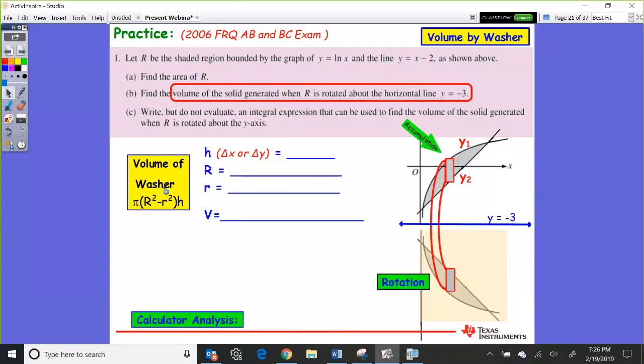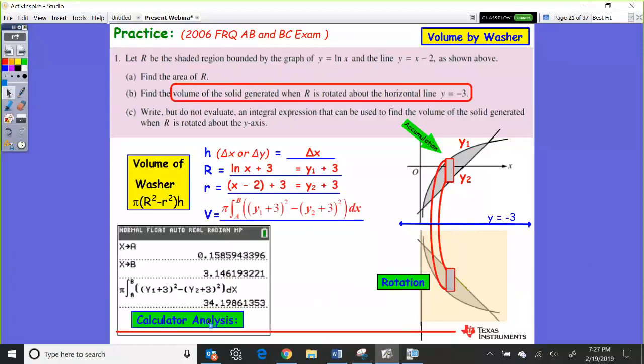So when you end up with that particular function, y1 plus 3 was your outer radius, and y2 plus 3 was your inner radius, minus a -3, all right? I mean, x minus 2 plus 3, which was plus, that should be y2 plus 3. And then when you put it in your calculator, because you've stored your endpoints from your intersection, you can use them in your calculator, and you'll put your pi for integral from A to B